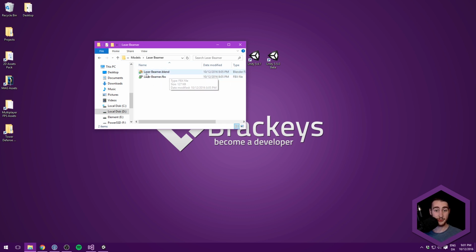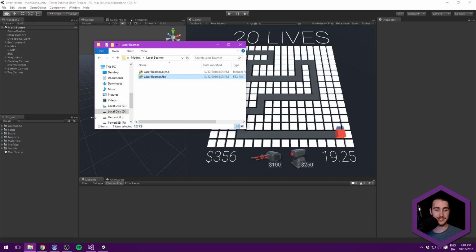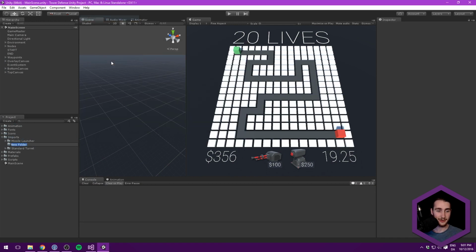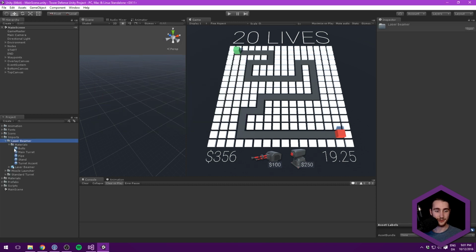You can see there's both a blend file here in case you have Blender installed, and if you do not, we'll just use the FBX as we have done the other time. So let's just use that one and drag it into Unity. But before we do that, let's create a folder here under our imports, and let's call that laser beamer. Just to stay nicely organized, we can drag the FBX in there instead, and you will of course see that